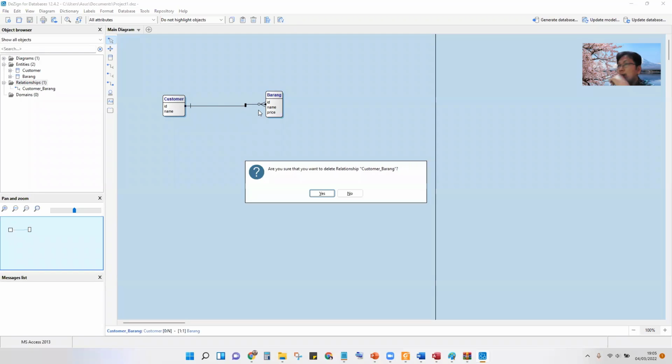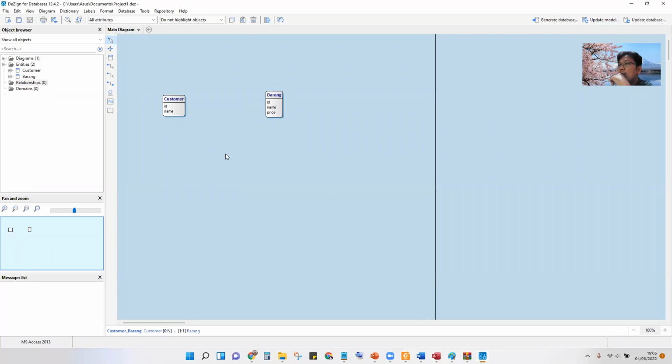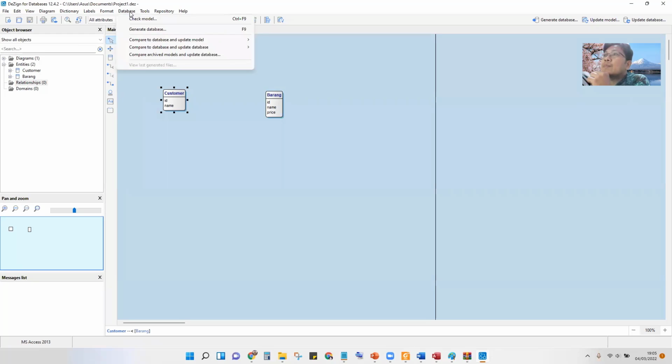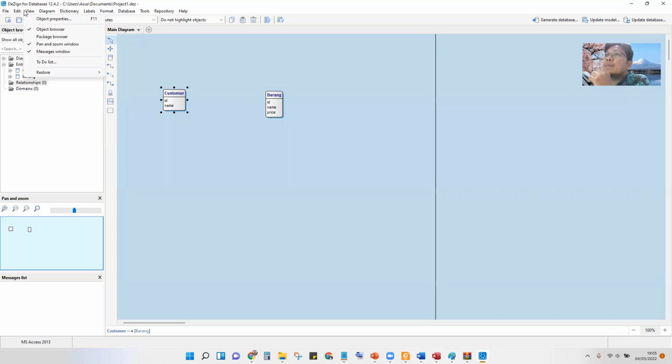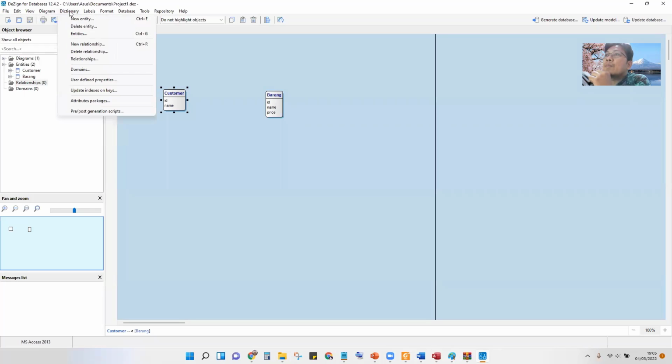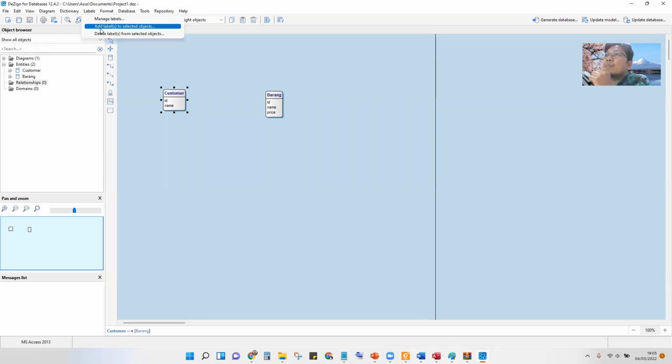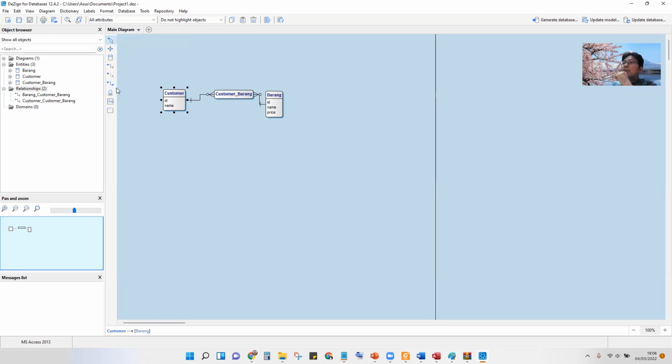So I don't know why the newer version we have many to many relation diagram. What is this? Oh, this is many to many here.